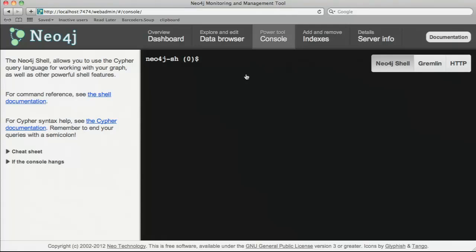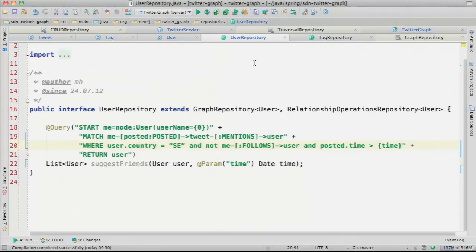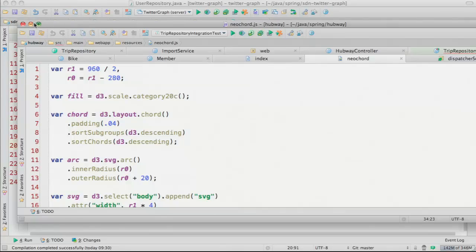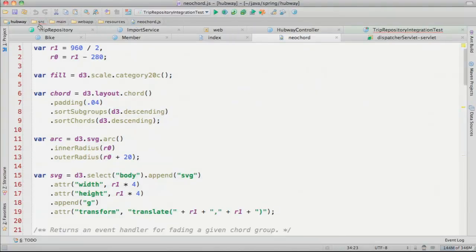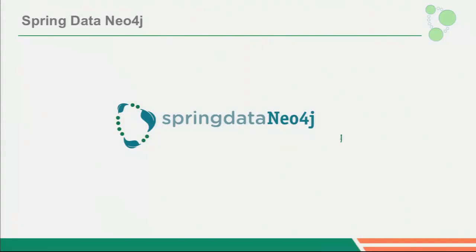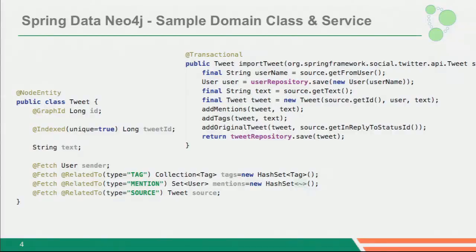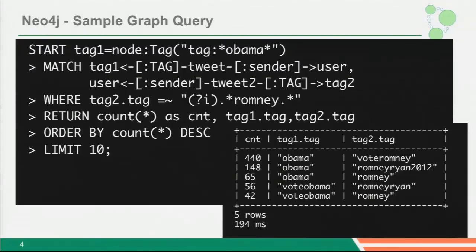And the second example that I'd like to show is the, let's see, where are we? Yeah. It's the Hubway Data Challenge, which is similar to the Twitter example, but I started the wrong presentation again. Similar to the Twitter example, but actually, this is, for instance, one of the more advanced queries that you could do.